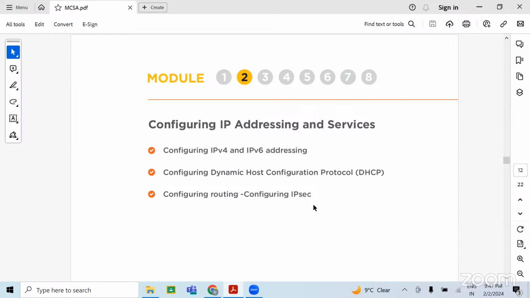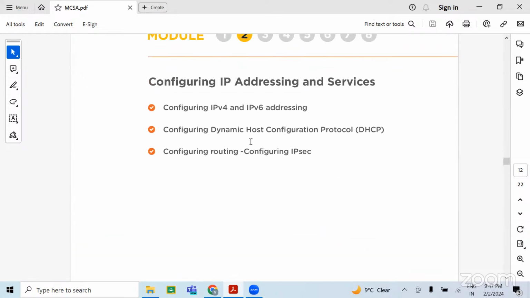So scope, you can say it is basically a range of IPs, or a pool. Like you have defined a pool between 192.168.1.100 to 1.200. So that would be the pool. That means you will be able to assign IPs to 101 devices. In the same way, you can use a class A network, class B network, or class C network. Based on the devices you have in the network, you can configure the scope or pool of the IPs. All right.